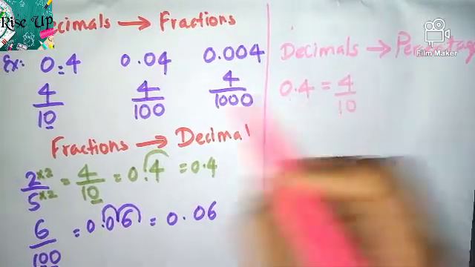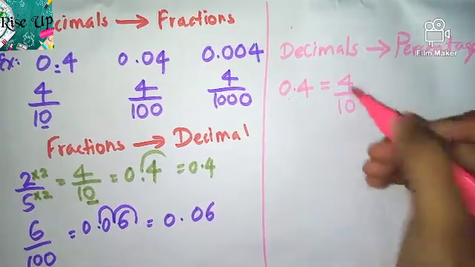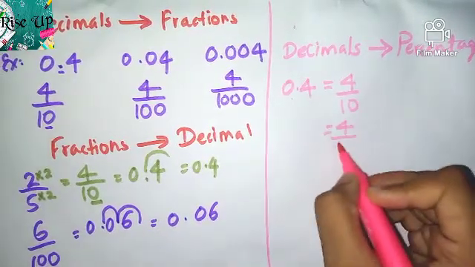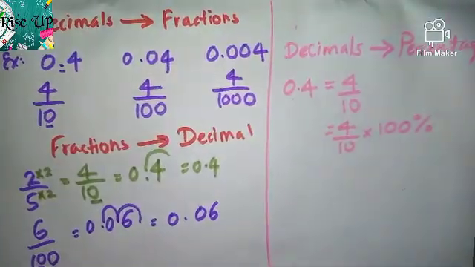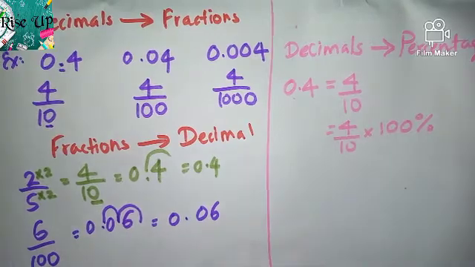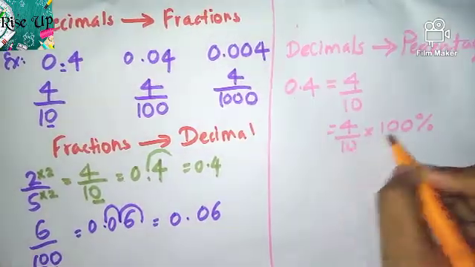Now, we have already learned how to write it as a fraction, so we wrote it here. Then to convert to percentage, what is the next step? You have to multiply by 100, because percentage is always out of 100. So when you write it like this, by the cutting off method, you can easily make this a percentage. So 1 zero here, 2 zeros here.